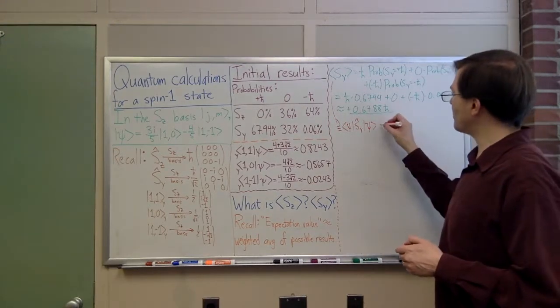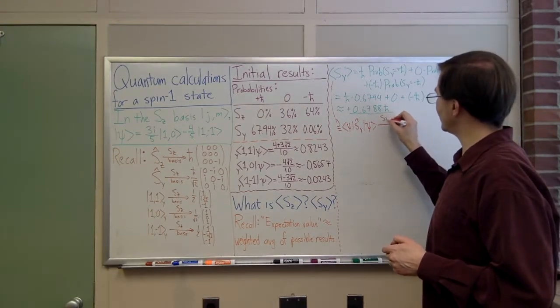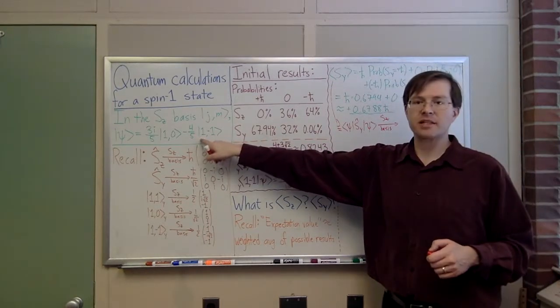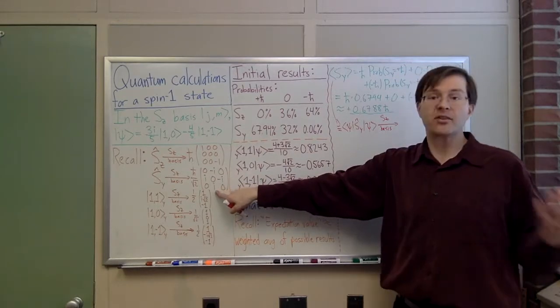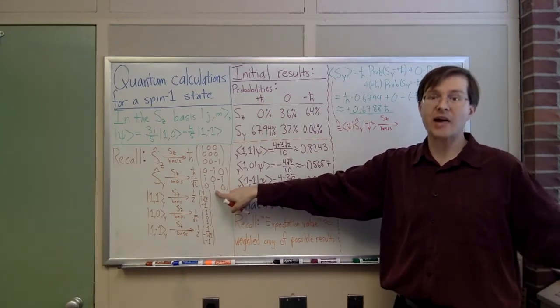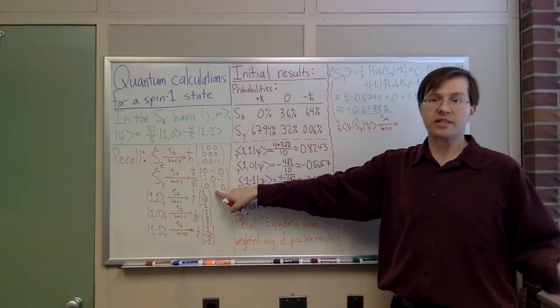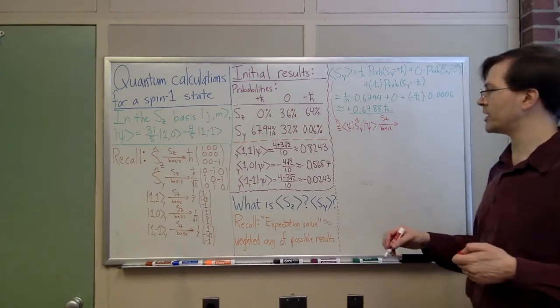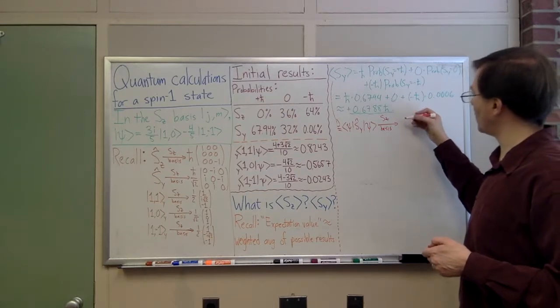I'm going to represent this in the SZ basis, because I know the psi representation in the SZ basis, and SY is a standard matrix. That's something that we've learned in class, how to calculate the SY matrix for spin 1 or spin 3 halves or whatever. We know how to do this, so we're going to put this in matrix form,